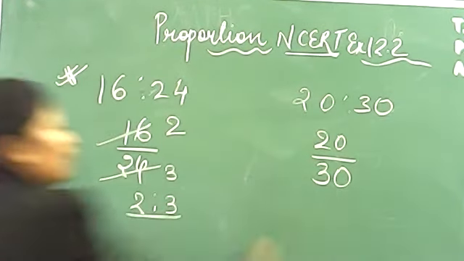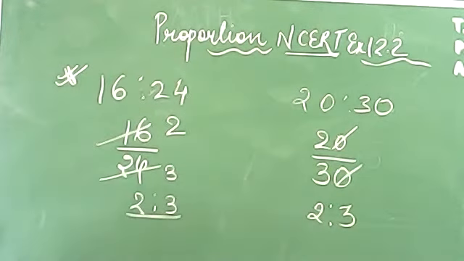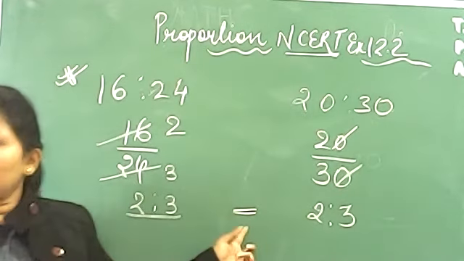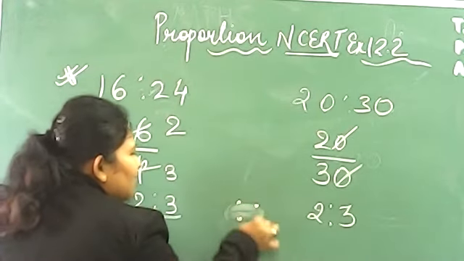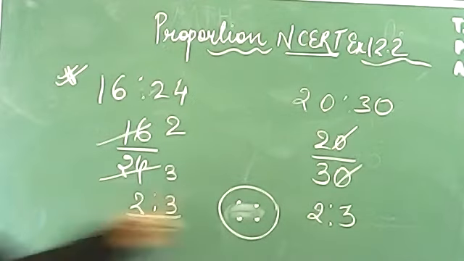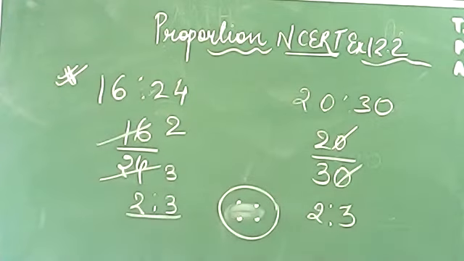Hai na? Now 0 cancel, 2/3 or 2:3. Both are equal. Remember, either you put this equal sign for the ratio, or always you put proportion sign. This is known as proportion sign, and this proportion comes when they are equal. Fine. So remember, अगर दोनों equal आते हैं तो you will be calling they are in proportion. If they are not coming equal, you will write it down. No, they are not in proportion. Fine. This is the first way of it.